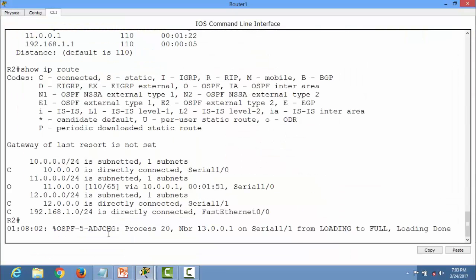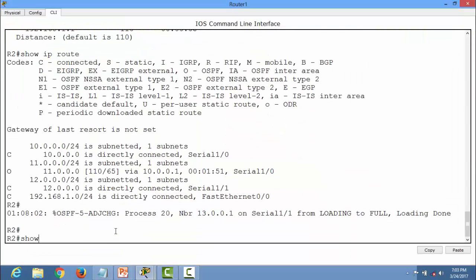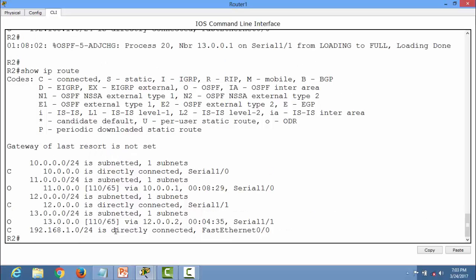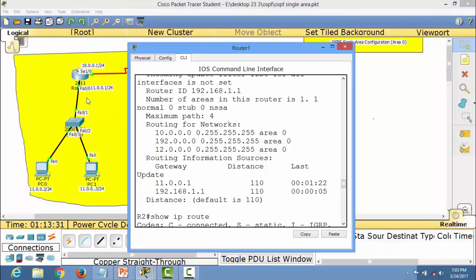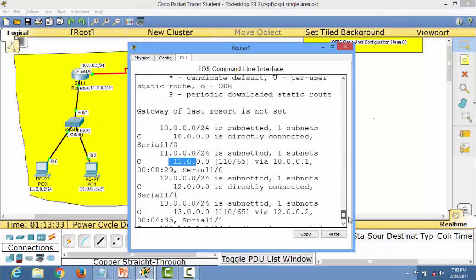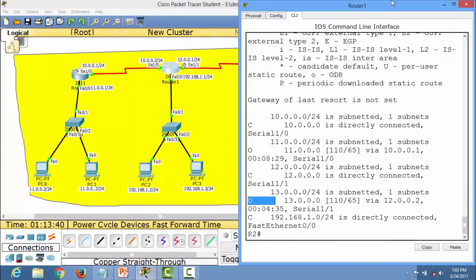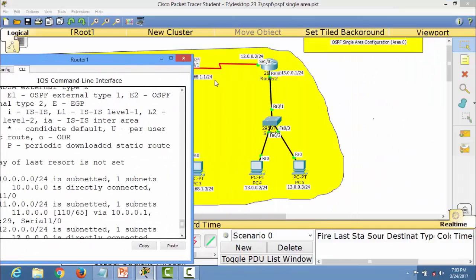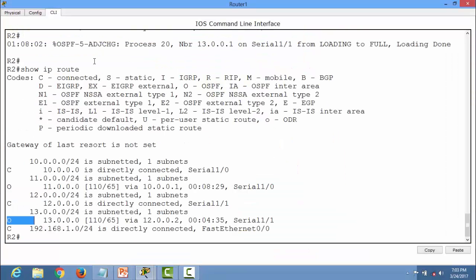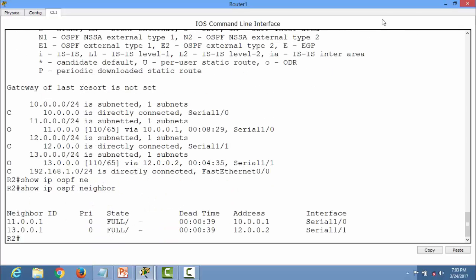Now come to the second router, check here also, show IP route. Now it also knows about the 11 network, that is on this side, and the second one is the 13 OSPF, that is on this side, advertised by this neighbor. So here if I show the IP OSPF neighbor command, very important. Now it is saying I have